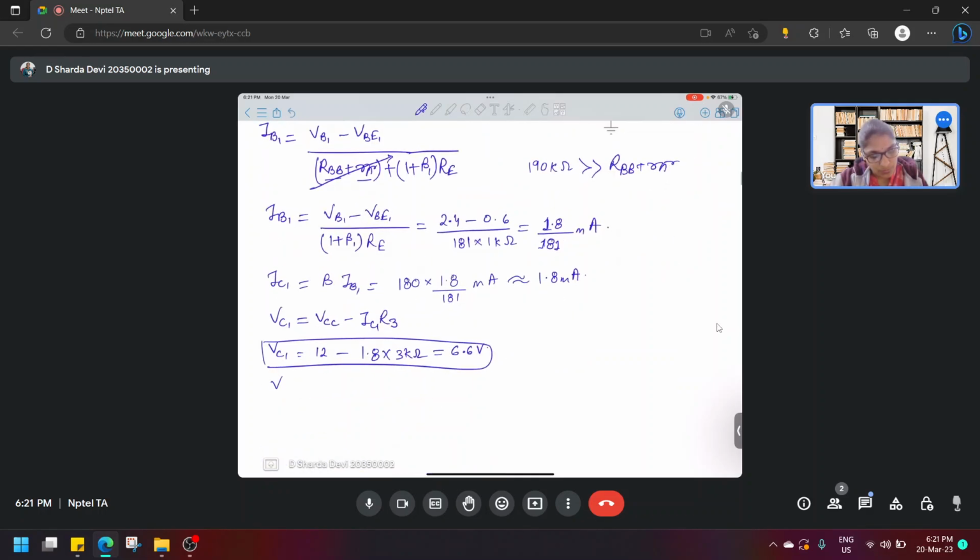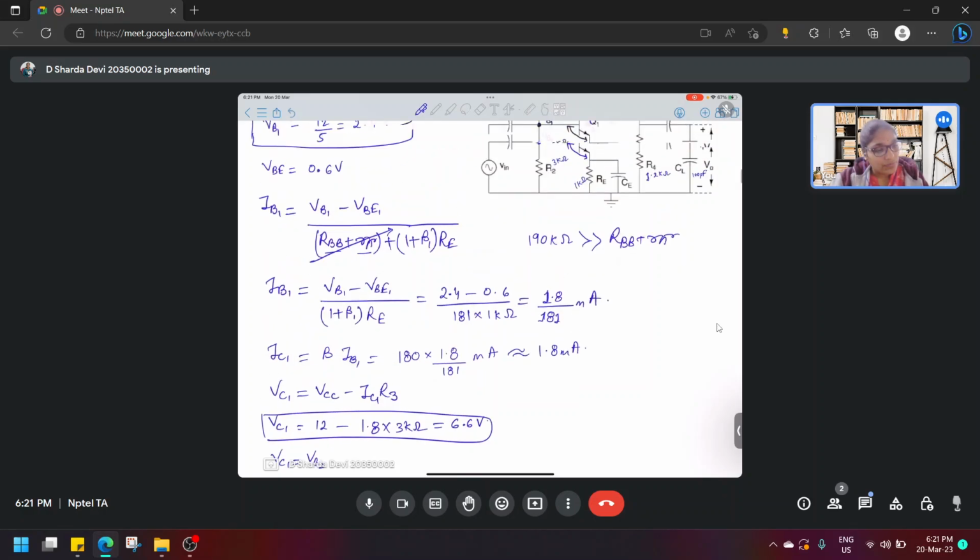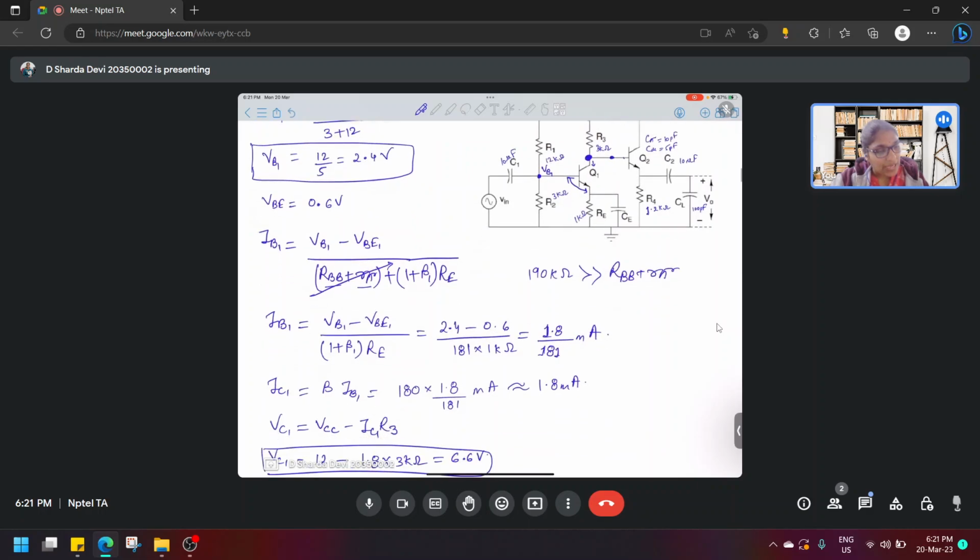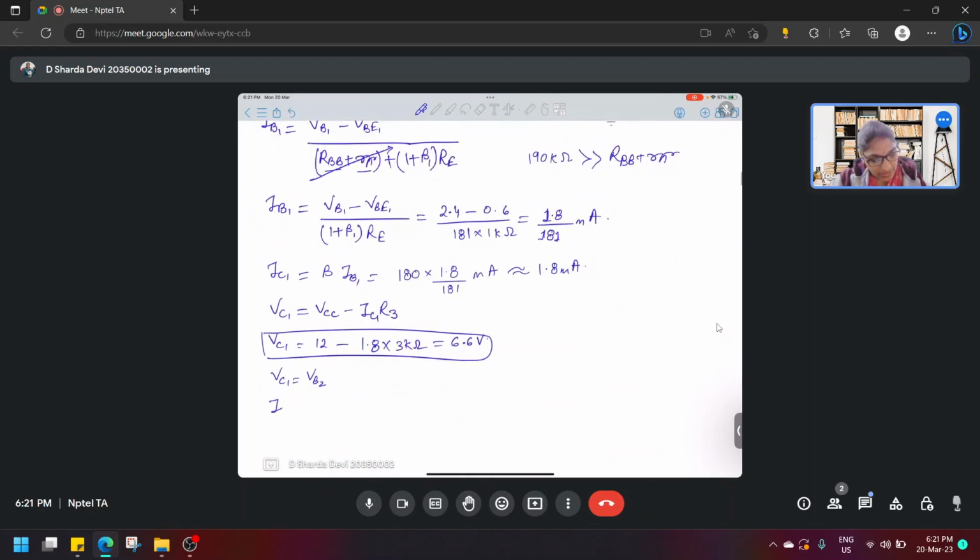For Q2, VC1 is VB2. Now for IB2, how will we write it? For IB2, we will have VC1 or VB1, we can write anything. So let's go ahead with VC1 minus VB2